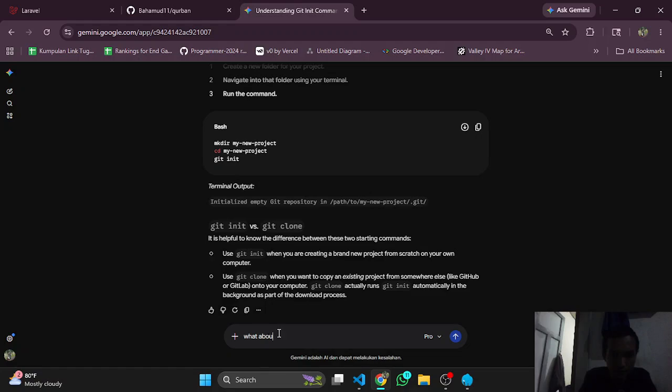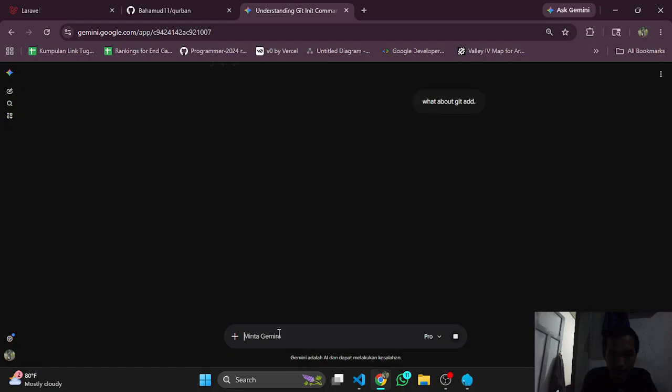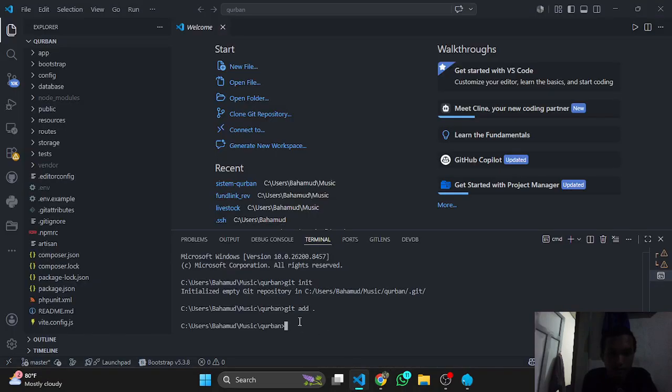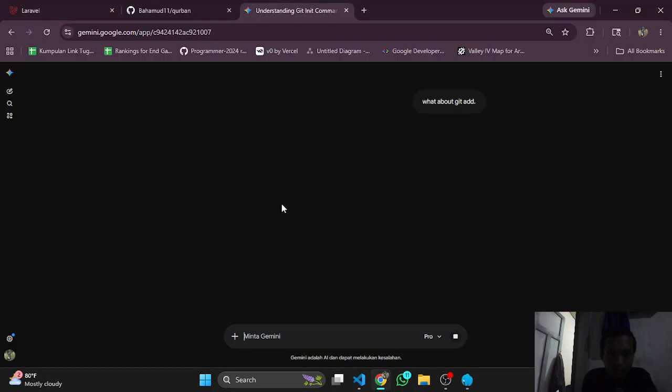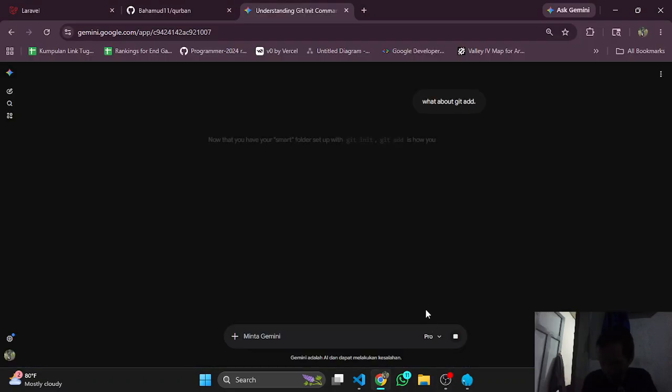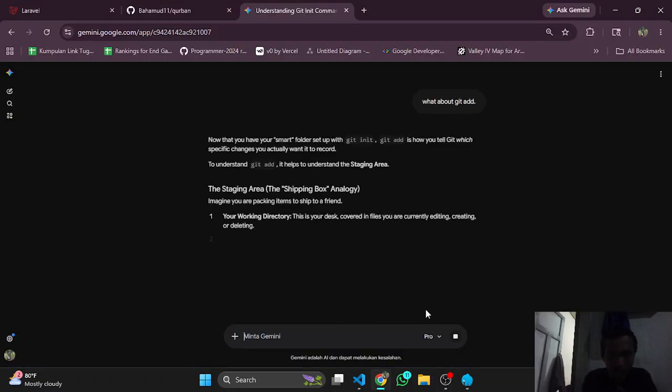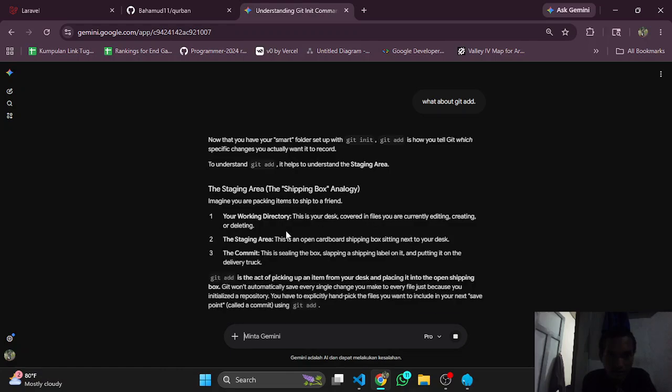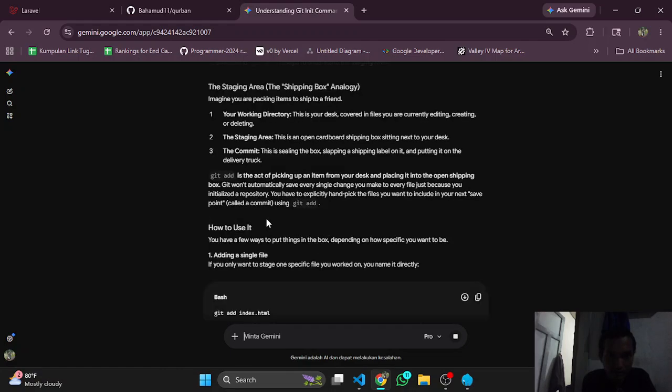What about git add? The git add is already done. Git add moves files from the working directory to the staging area, before the commit.